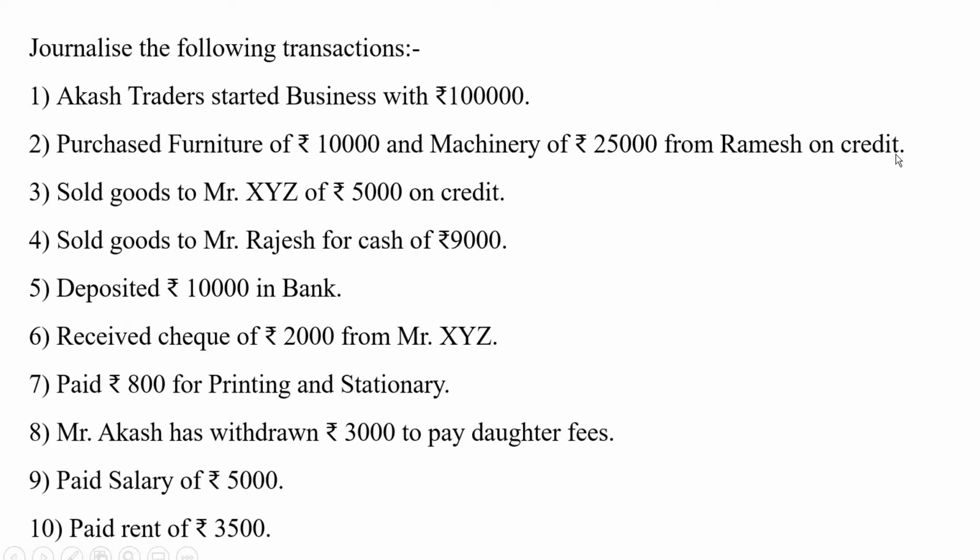See, this is a purchase of fixed assets. We cannot record this one in a purchase voucher. We have to record this one in a journal voucher, and this is on credit basis. If this is in the form of cash, in that case this will go to the payment voucher. Right now we will record this particular transaction in a journal voucher.